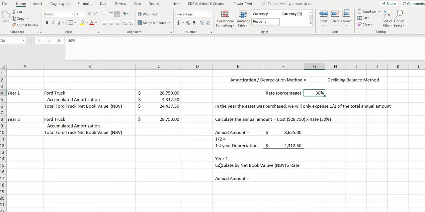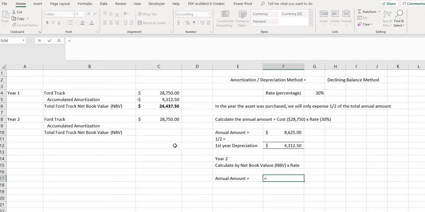However, when we're calculating subsequent years, we will multiply that against what is remaining as the net book value. So we're not going to multiply it against original cost, but rather whatever the remaining balance is. So to calculate our amortization amount for year 2, we will just take the 24,437.50 and multiply it by a rate of 30%, and we have an amount for the second year of depreciation expense of